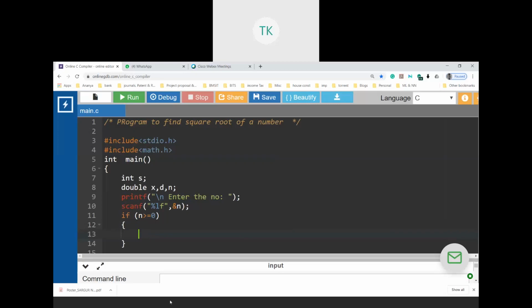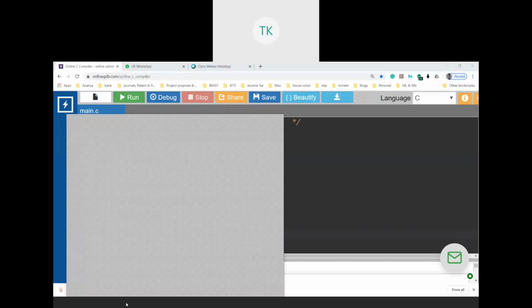When we talk about finding out the square root of a given number, can anybody tell me how do we find out a square root of a given number manually? How do you do it?